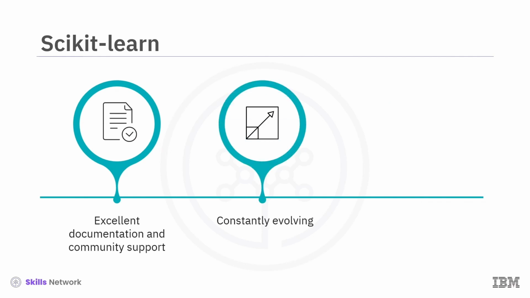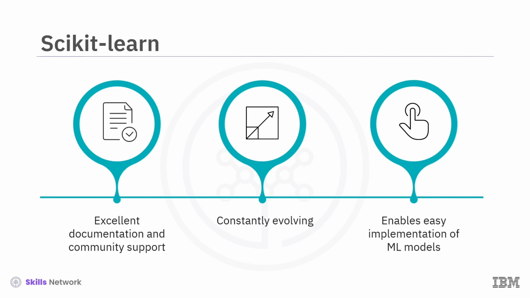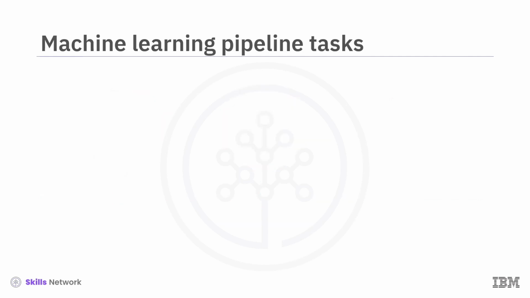Scikit-learn is constantly evolving with contributions from a community of thousands and is exceeded only by pandas. Implementing machine learning models with scikit-learn is easy, with just a few lines of Python code. Most of the tasks that need to be done in a machine learning pipeline are already implemented in scikit-learn, including